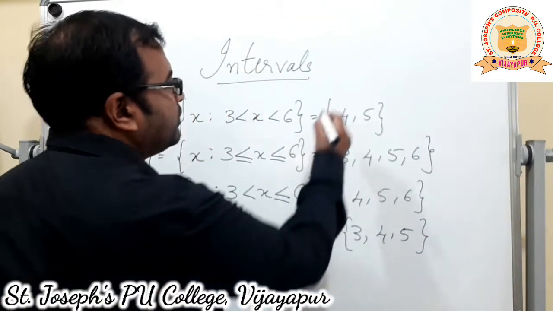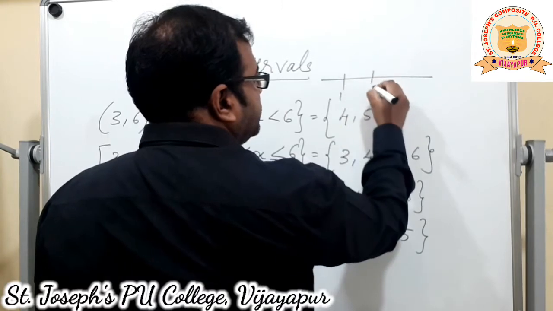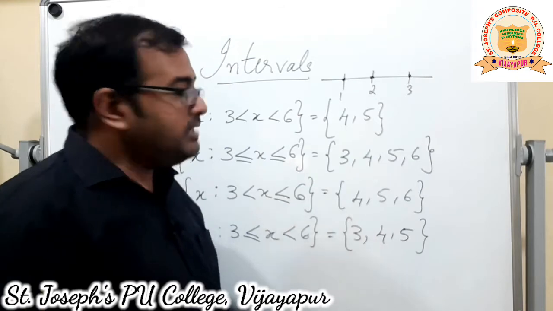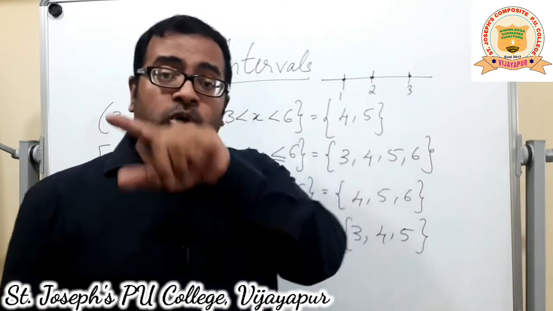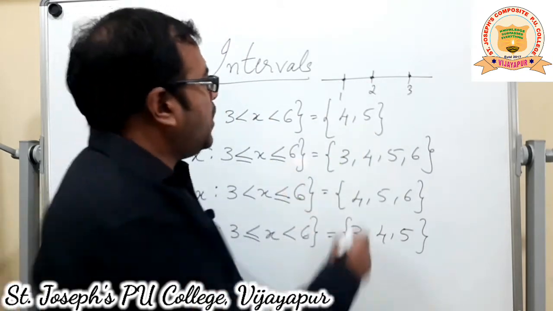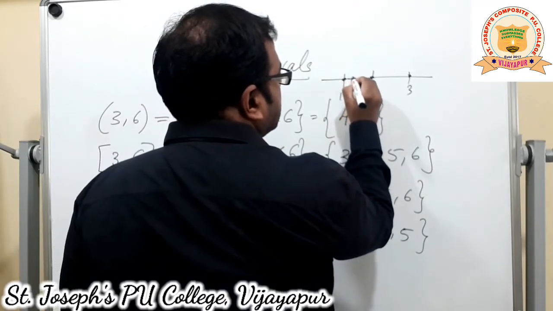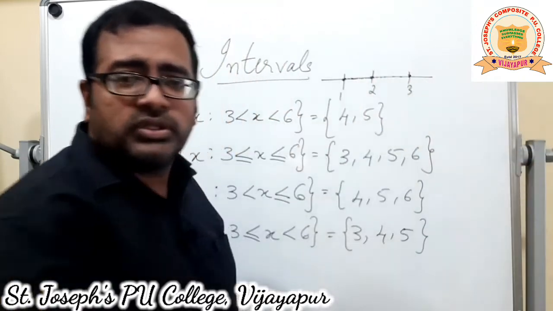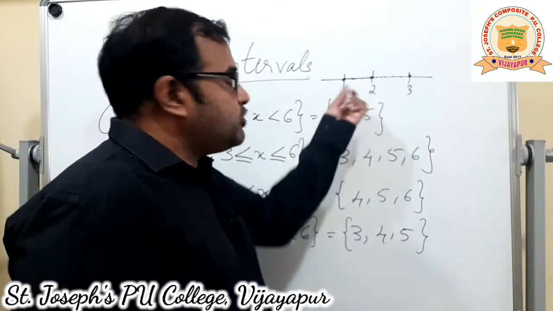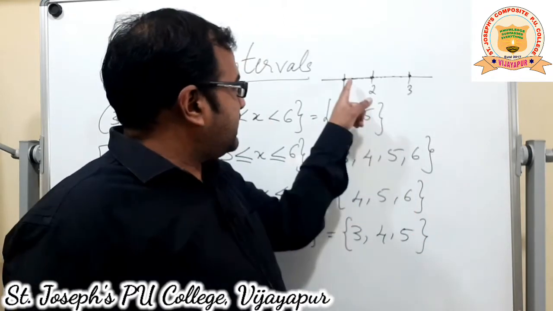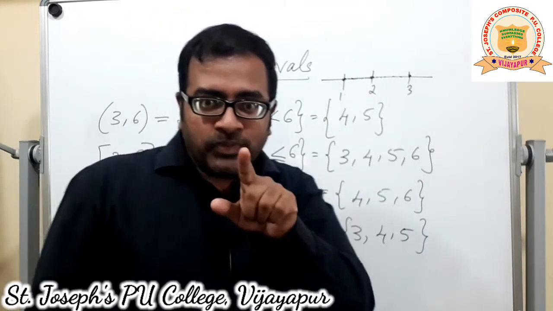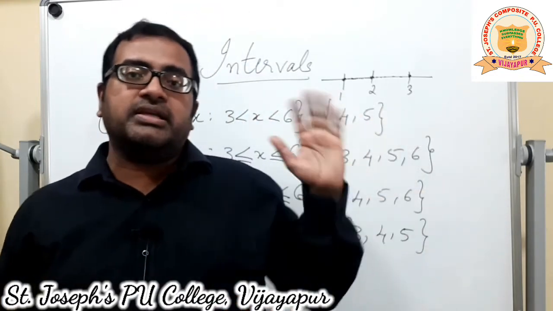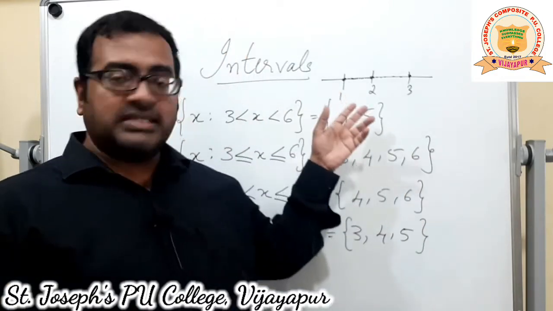See, when you are taking a number line of integers, you mark like this: 1, 2, 3. These are specific points where the numbers arrive, right? In between, we don't have any numbers. But when you're talking about a number line of real numbers, all these points are taken. All the points on the line are considered. Between any 2 points, there are infinite points. Suppose I take 1.5 and 1.6. In between you have 1.51, 1.52, 1.53, like that 1.59, 1.6.